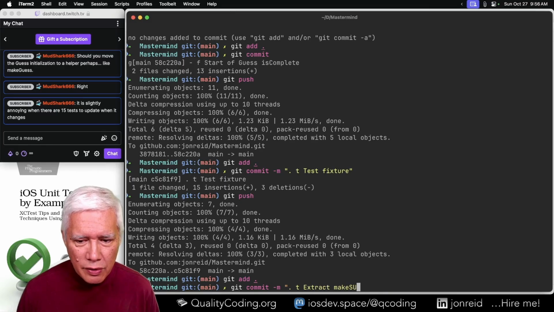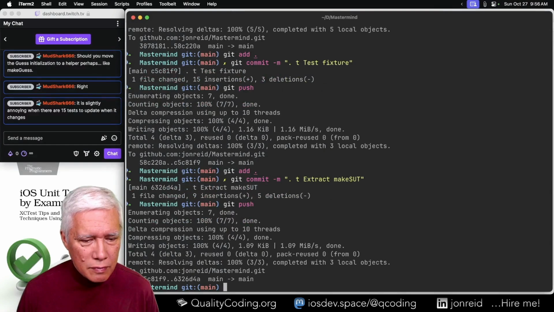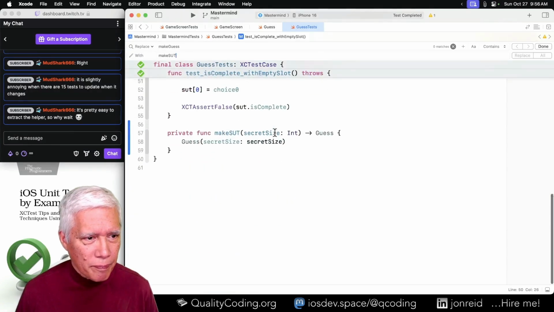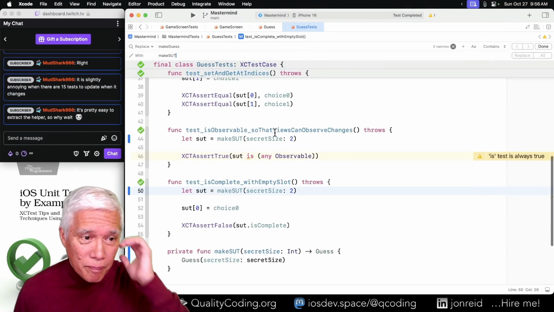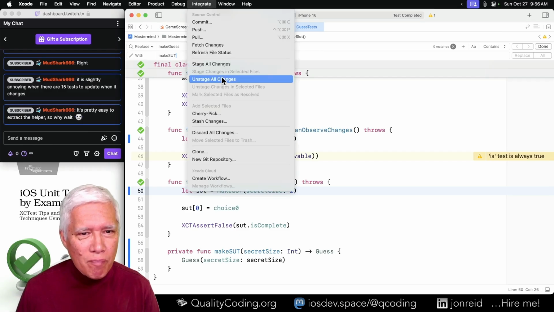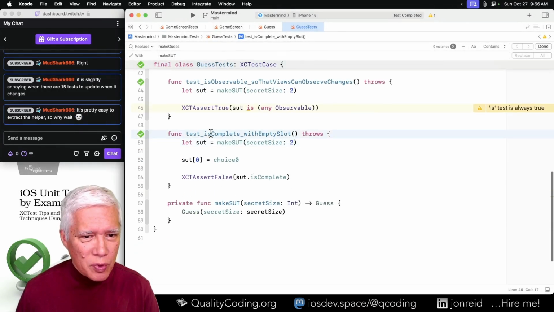Extract make SUT. Ready to try something new.